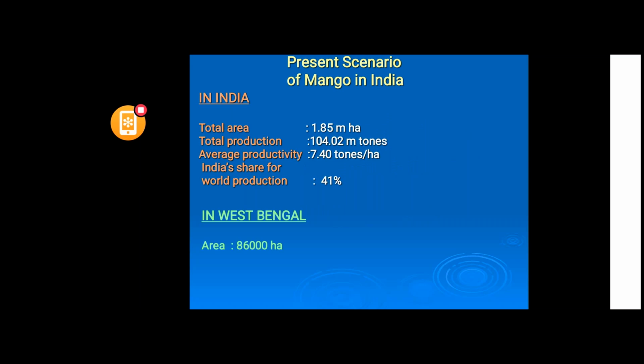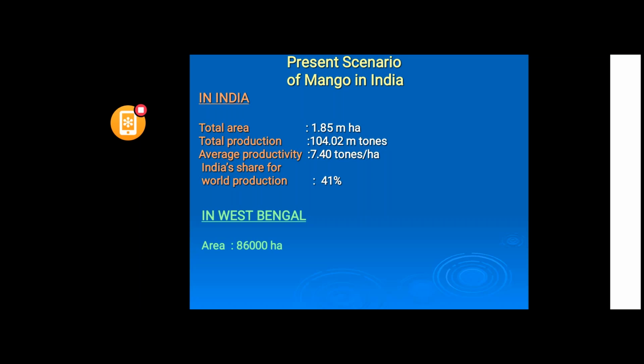Please go ahead. Okay. Yes, today I am going to present current practices used in mango cultivation, mango farm. As you know, the mango is one of the most important fruit crops of India, not only of India but of the world also, and it is the king of fruits, having no comparison with other fruits.